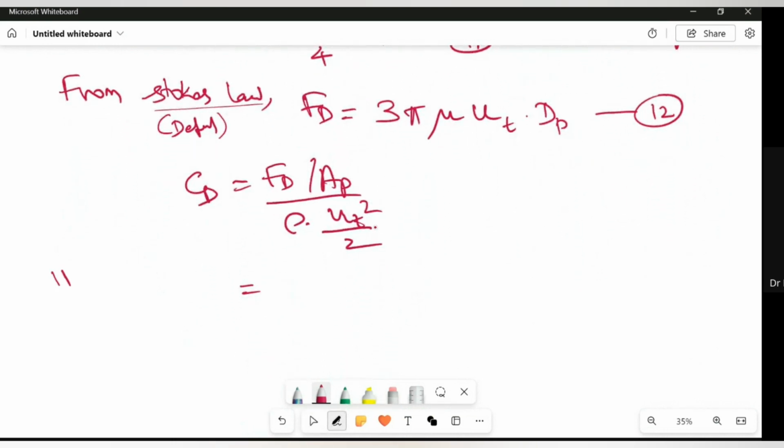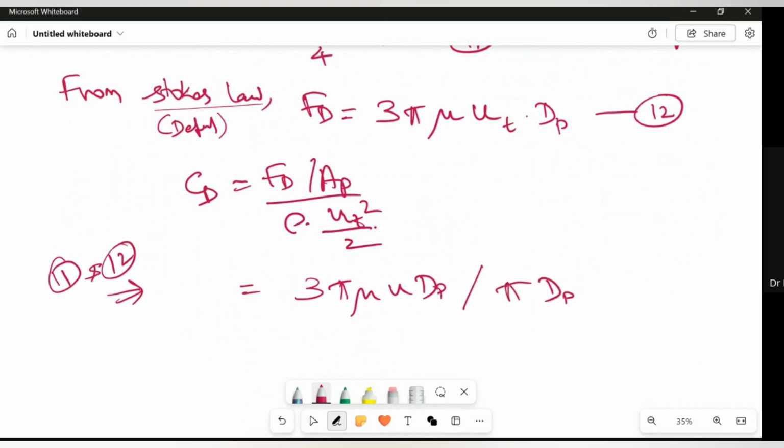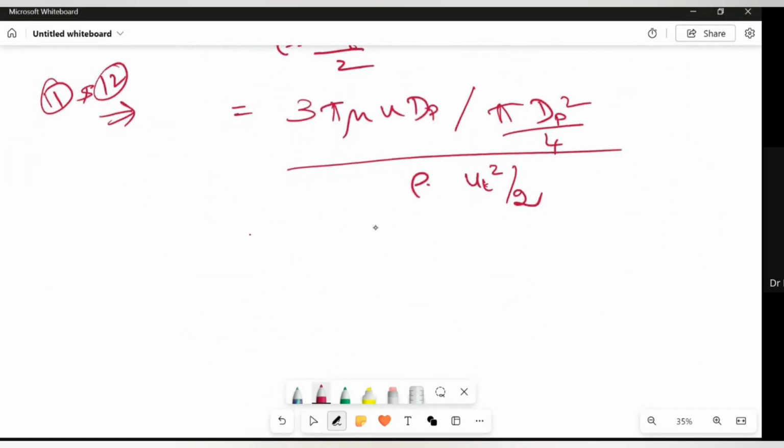From 11 and 12, what we have is 3 pi mu u dp divided by pi dp square by 4 divided by rho into ut square by 2. If you simplify, what you will get is,